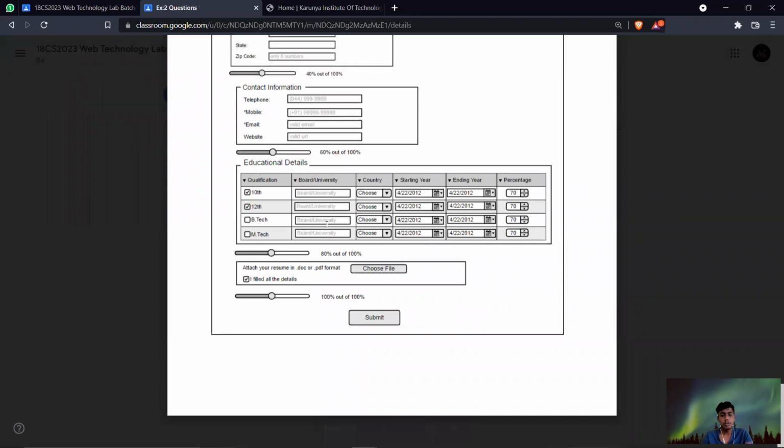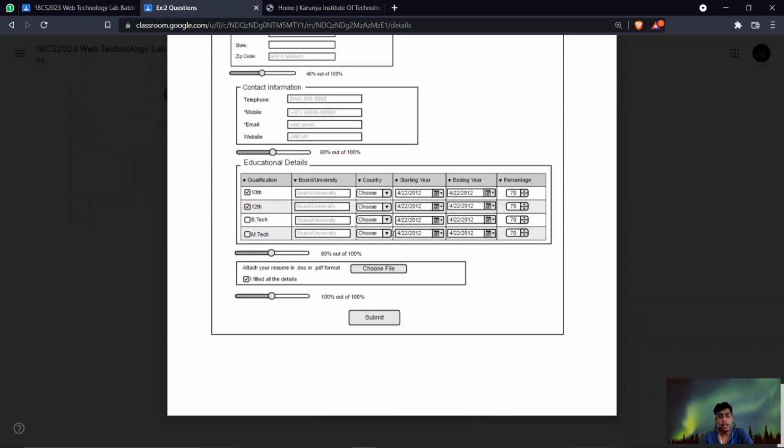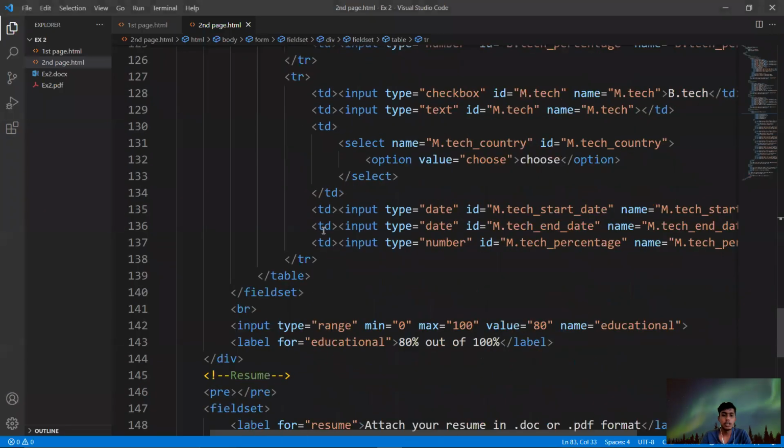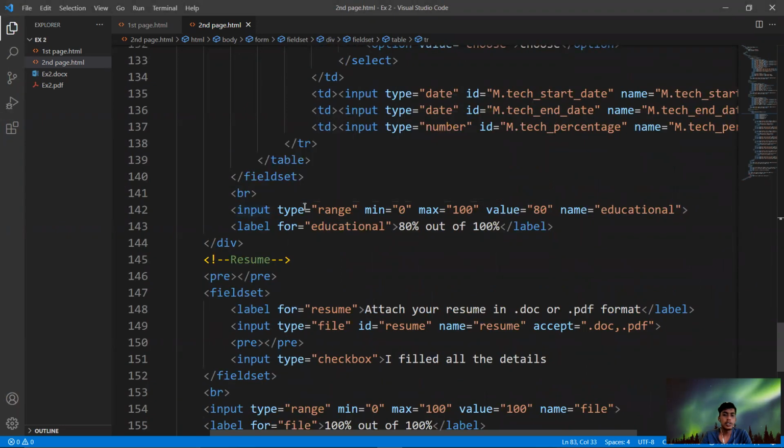The same thing will be given for all the rows. We will change only the name and the label. Afterwards we are closing the table, and after that we are giving a progress bar for education, that is 80% out of 100.